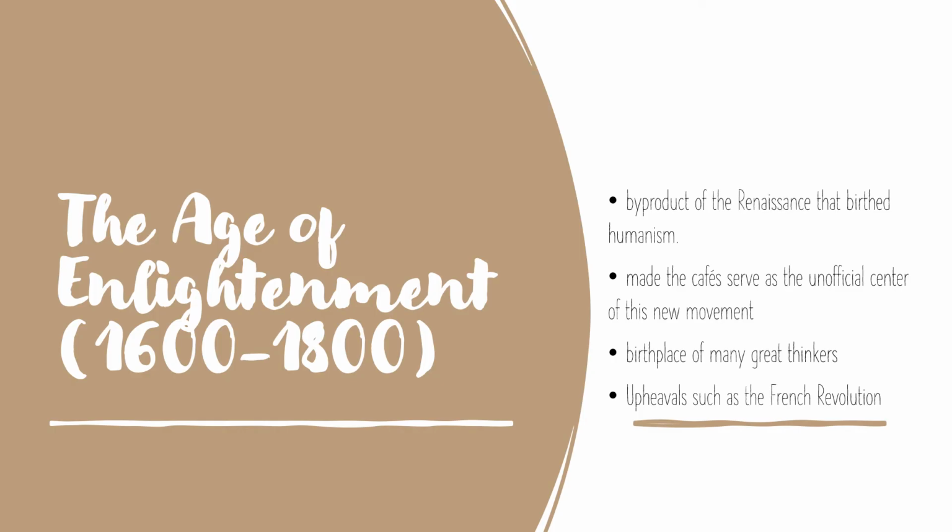Next period would be the Age of Enlightenment from the 1600s to 1800s. This period was a byproduct of the Renaissance that birthed humanism. This period could be summed up as the celebration of different ideas. This made the cafe serve as the unofficial center of this new movement, a place where people would read whatever literature available and debate about their needs and desires as a community or a